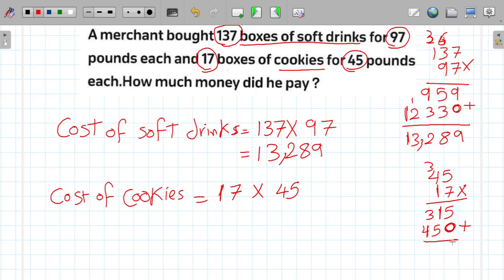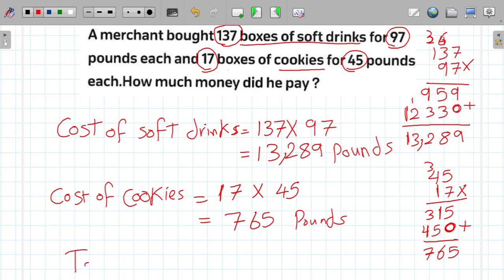So I have 5 plus 0 equals 5. 1 plus 5 equals 6, and 3 plus 4 equals 7. So I have 765 pounds. Okay, so the cost of cookies is 765 pounds. Okay, so I want the total cost of all what he paid. Okay, so I will say the total cost will be